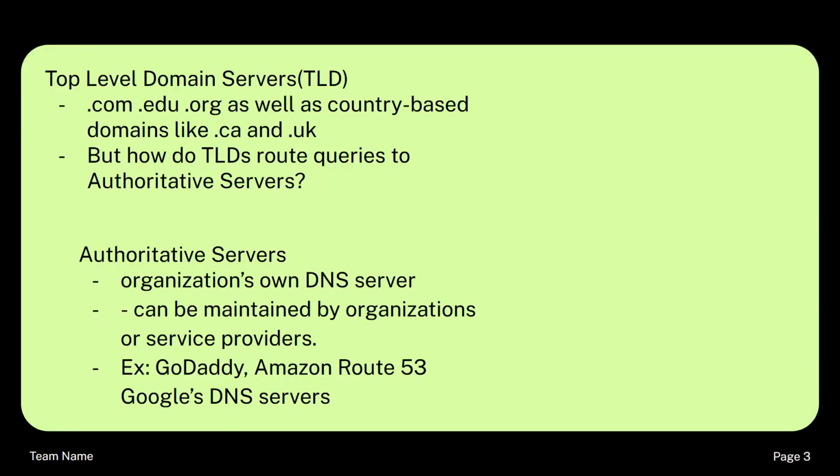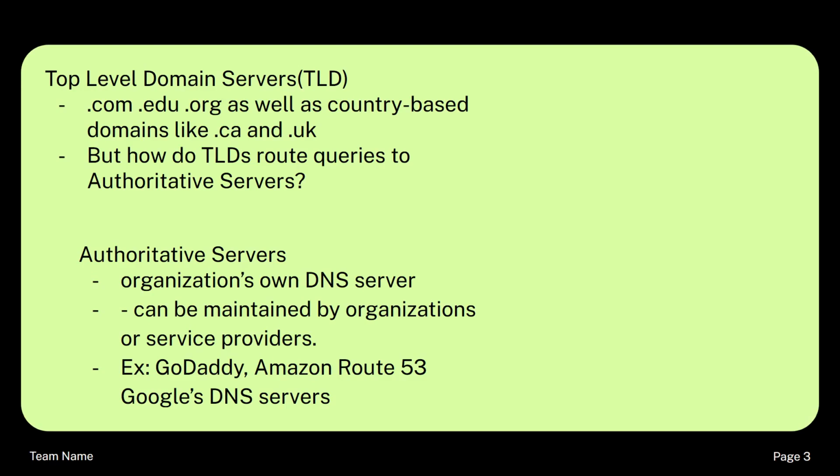Next, we have top-level domain servers, also known by the acronym TLD. TLDs are responsible for .com, .edu, .org, etc., as well as country-based domains like .ca for Canada and .uk for the United Kingdom. A big question with TLDs is how do they route queries to authoritative servers? This is done by TLDs working as a middleman, essentially, to guide queries from the root server to the specific